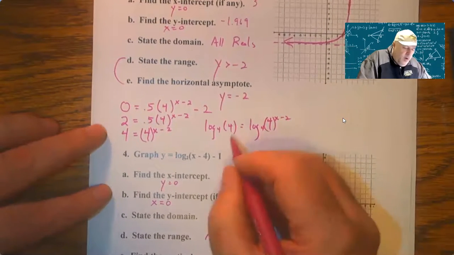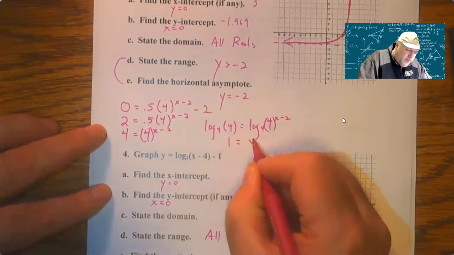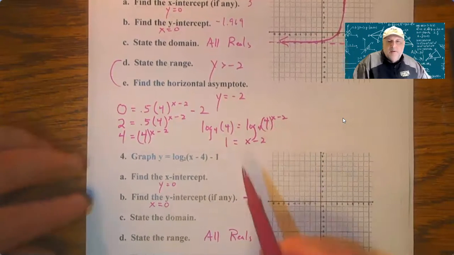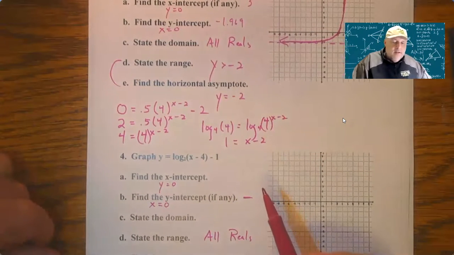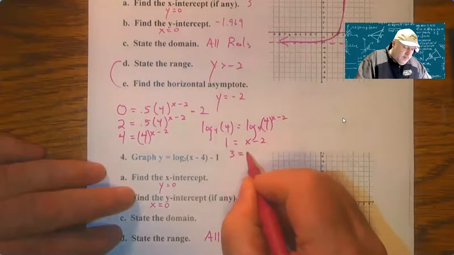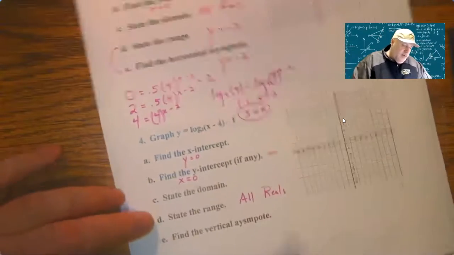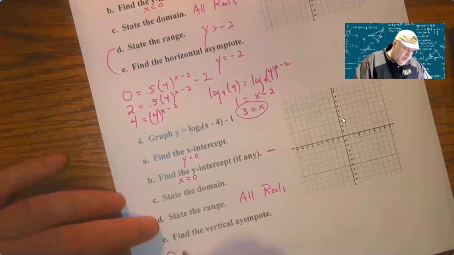Okay, so this is 1 equals x minus 2. So log base 4 of 4 is 1. The x minus 2 will drop down in front. Then you add 2 and you get 3. All right, so down here, you let y equal 0. And then we need to solve